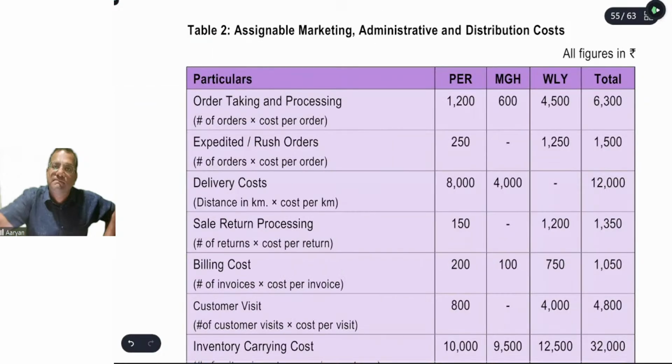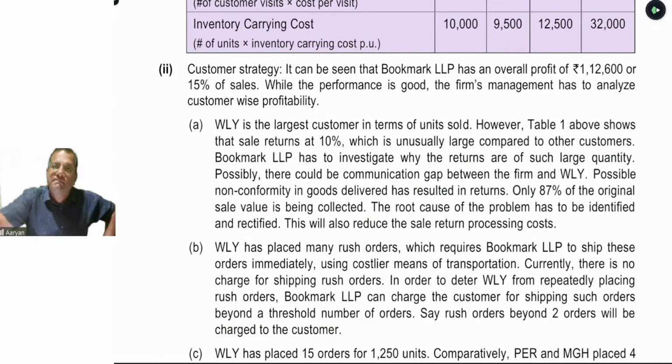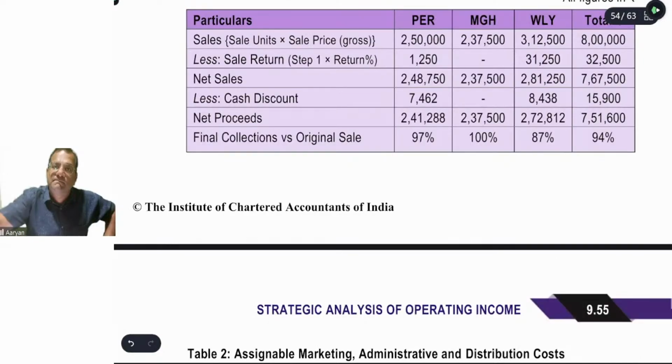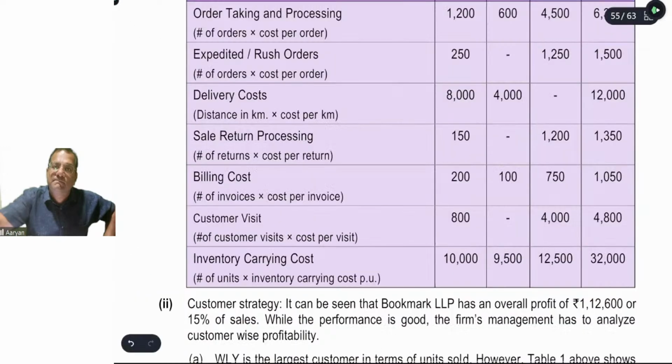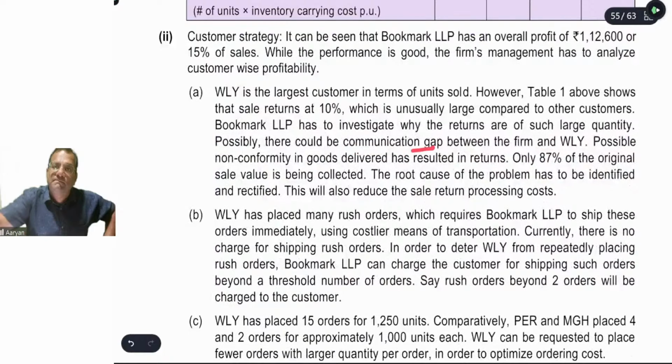whether our sales team has not properly communicated or not properly taken the order. That's why there is a communication gap between them. Because whatever has been purchased, revenue generated, only 87% of the original revenue has been collected from this customer. So 13% revenue has been foregone due to the sales return and the cash discount. You have to analyze this one, why there is a communication gap. Because if the customer has properly ordered, if the order executed has been perfect, then there should not be any